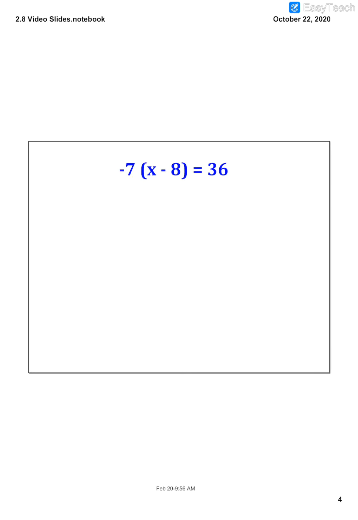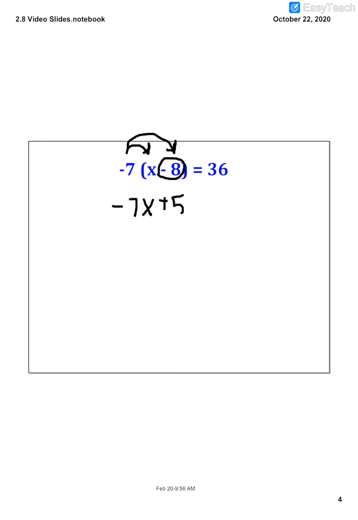Let's look at another example. So again, I see the distributive property. So I'm going to distribute out a -7 to every term that's inside the parentheses. -7 times x is -7x. Now I'm going to multiply -7 times a -8. Remember, you always keep the sign that's in front of the number, which would give me a positive 56, and